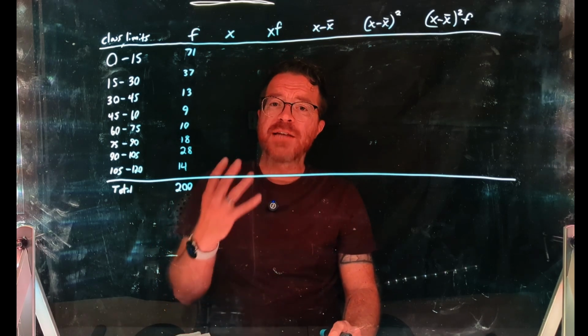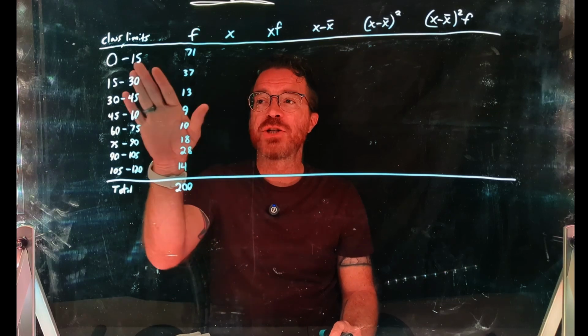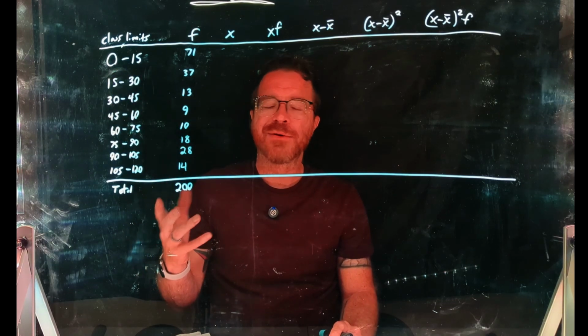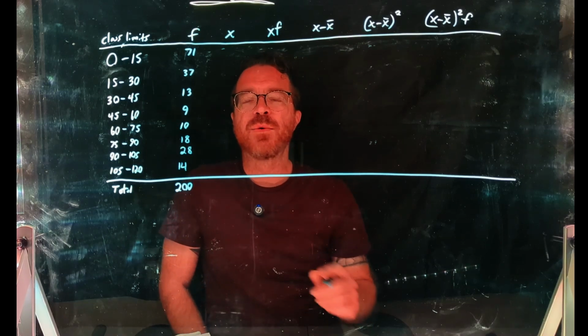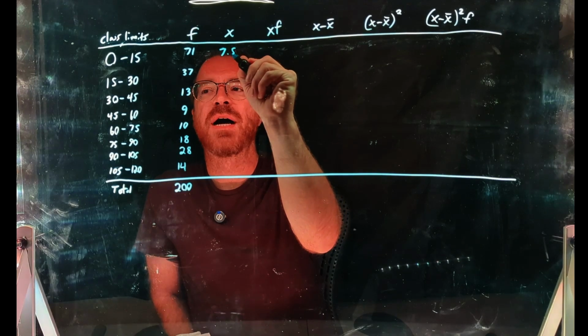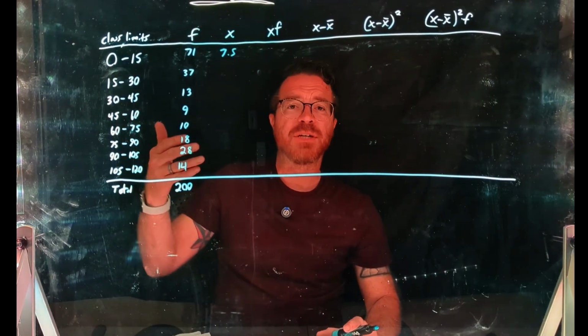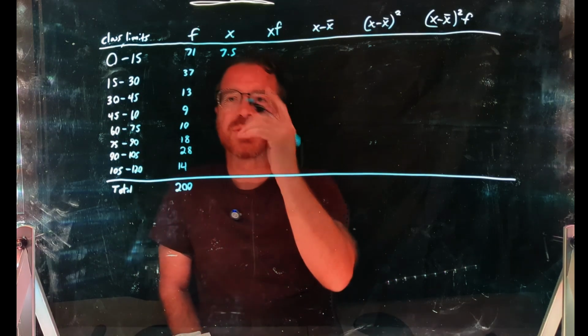So first things first, as always, we're going to figure out what our midpoint is for each of these intervals. The first one we have is 0 to 15. If we add these two together, 0 plus 15, we get 15. We divide by 2. This is going to give us 7.5. Now this tells me the pattern, because all of these have an interval of 15, this is going to be 15 plus 7.5, which is going to be